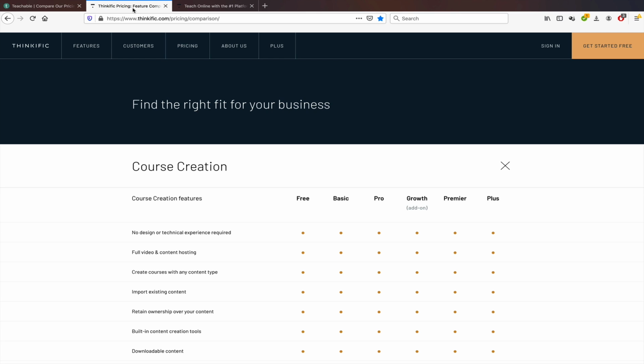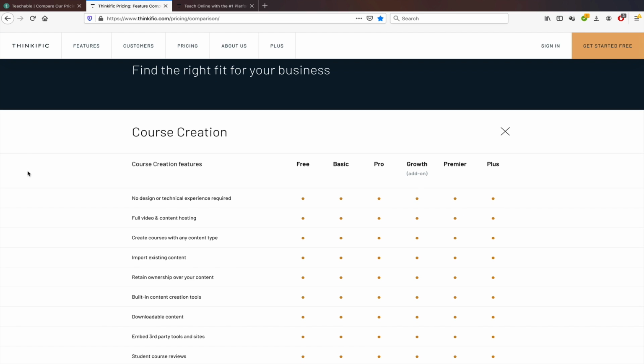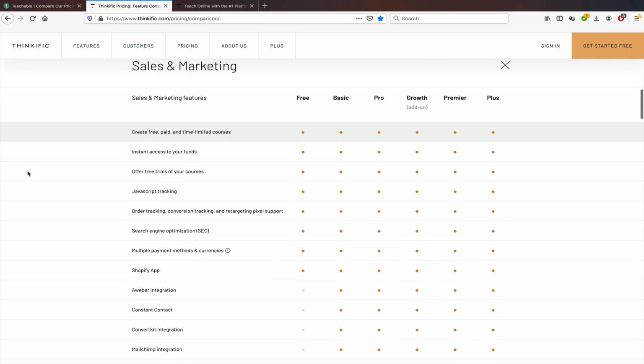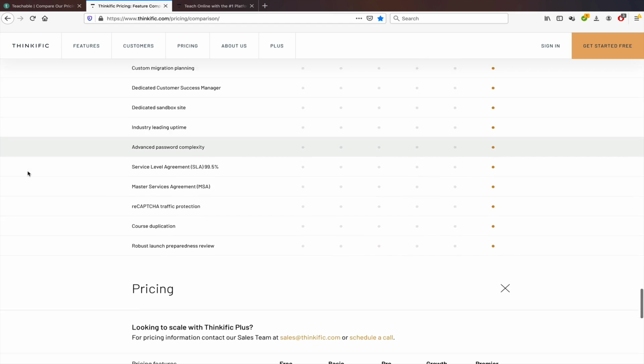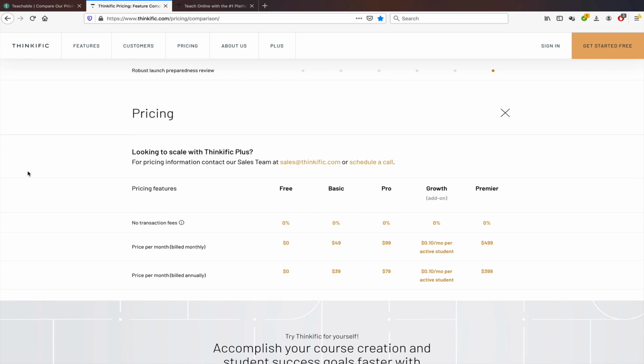Now, let's look at what Thinkific is offering on their free plan. From the start, you can see they are offering more plans you can choose from, and these are some of the features included in each plan. Now here, you can see some information on pricing. There are no transaction fees besides the usual transaction fees from the payment processing companies like Stripe and PayPal, fees that you also saw on Teachable.